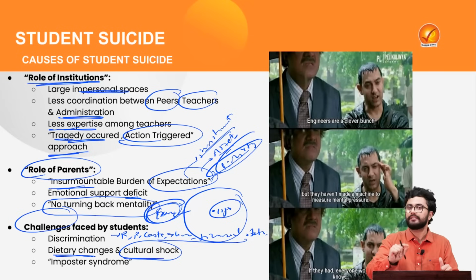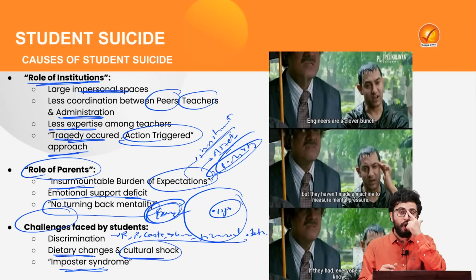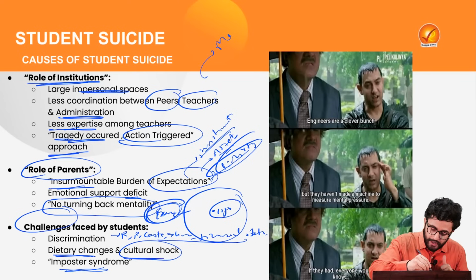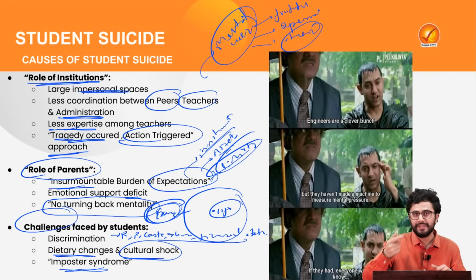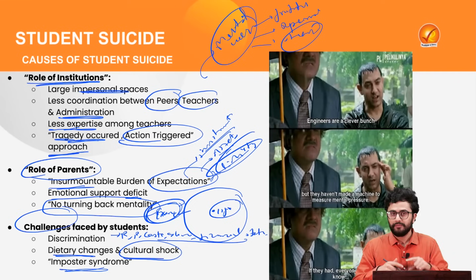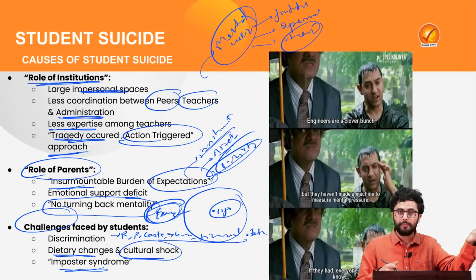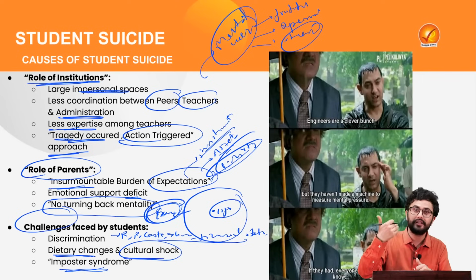Because of all these factors, over a period of time, they start developing imposter syndrome or constant self-doubt, which ultimately deteriorates their mental health, where they start feeling frustrated and depressed, and they have no one to share with, because obviously you will not share with your competitors, the people you are living with. Then you cannot share your low marks with your parents back at home, because they have a constant need of you performing and succeeding in your life.